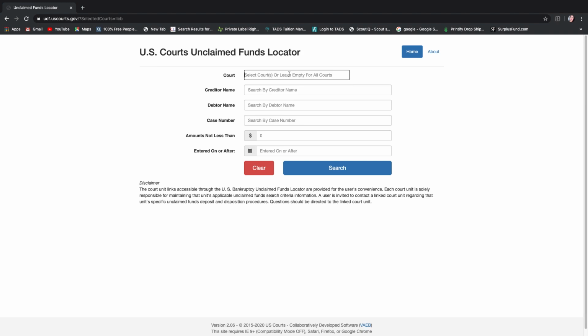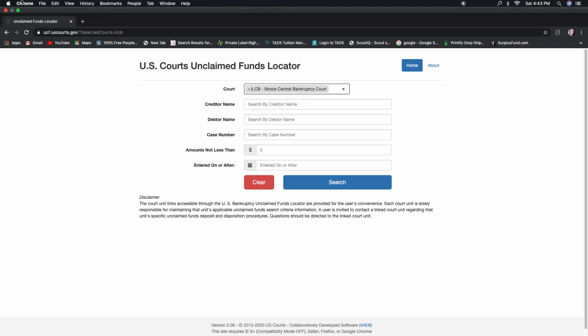I think it's helpful to do this because if you're a real estate agent or someone who's worked in a law firm before, you're used to working through court sites. For someone that's on the other side of it and has never done it, it takes repetition. So I think this is helpful. If I were new starting out, I would want somebody to show me this. Again, this site is free.